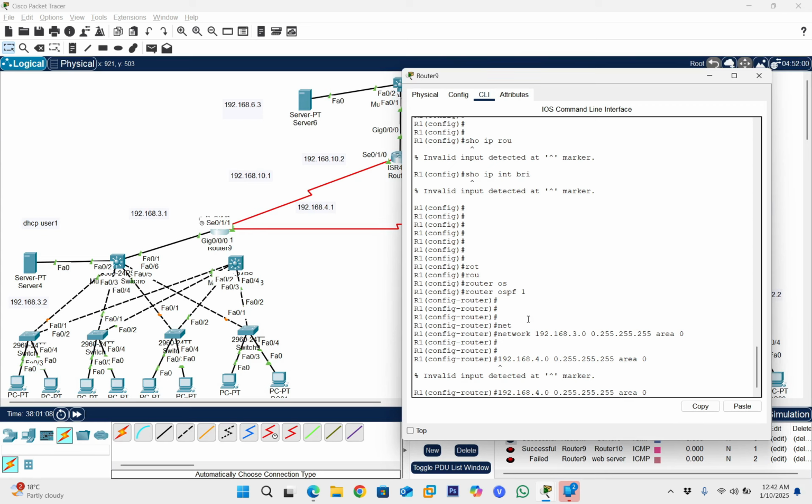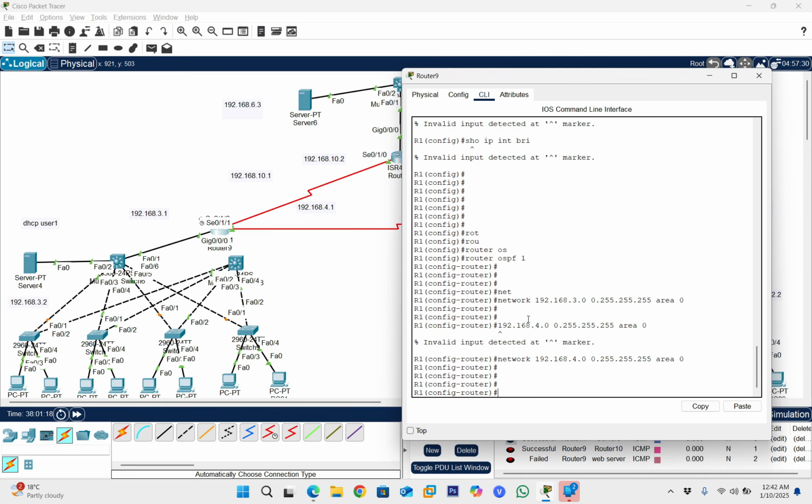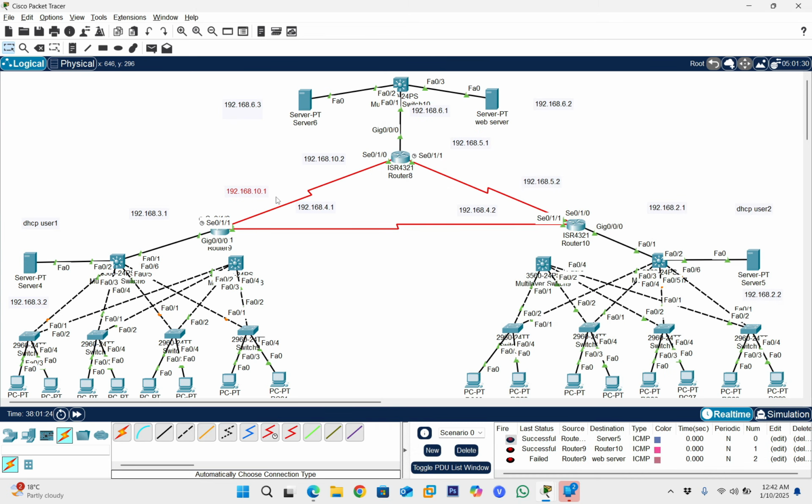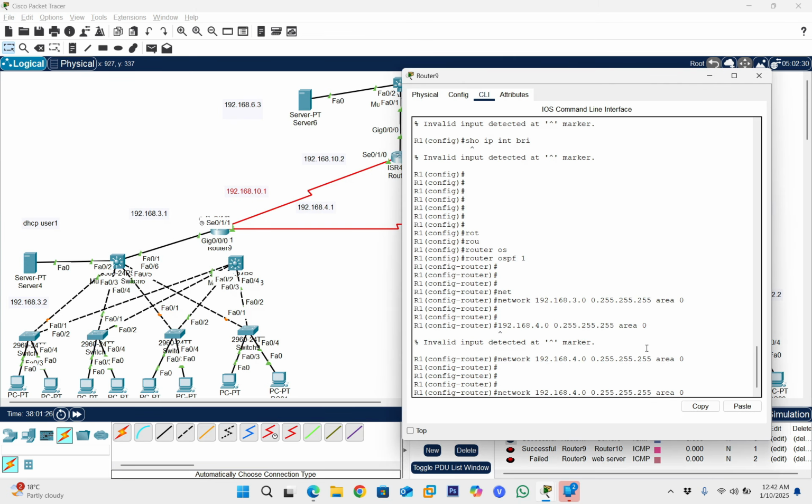Okay, and hit enter. And also one more network, which is 10.1, okay, the network 10.1,